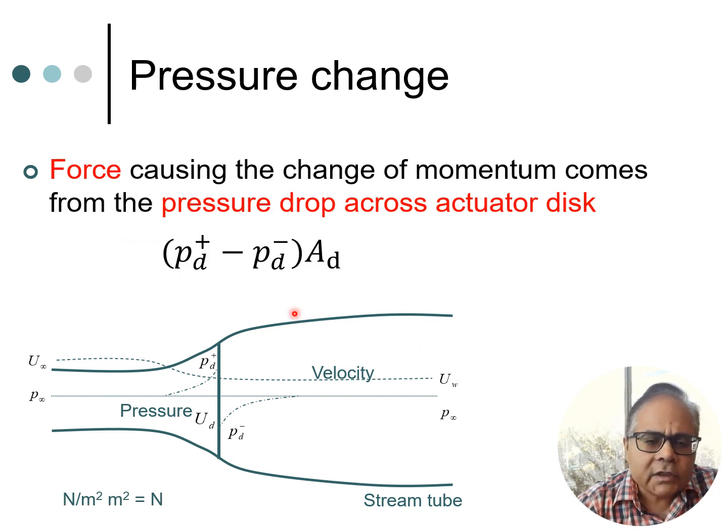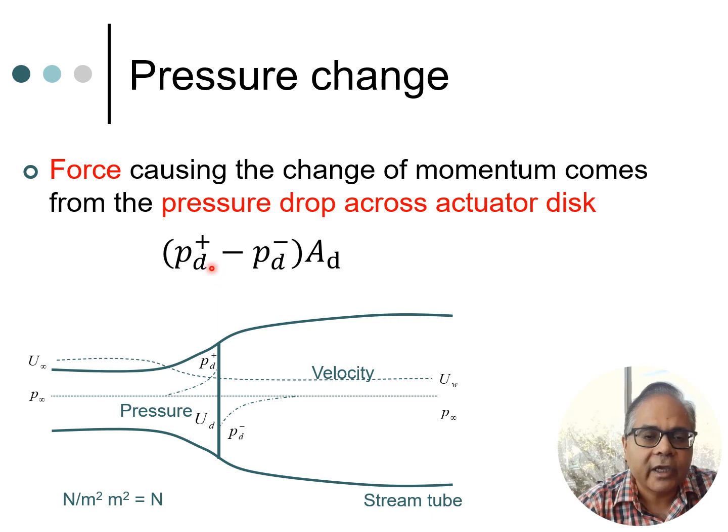Now, this force is also going to be the same as what is generated by the pressure differential between the front and the back of the actuator disc. Remember, in front of the actuator disc you had the pressure PD plus, and behind the actuator disc you had the pressure PD minus. So if we subtract these two pressures and multiply by the cross section AD, we get this force which is acting to cause the change of momentum,